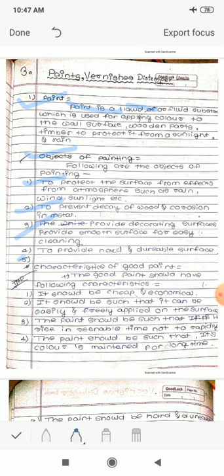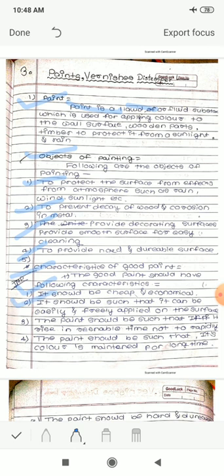Okay, and it will also provide the smooth, decorative and durable surface to the wall of the building. Next one, characteristics of the good paints. The first characteristic of a good paint is that it should be cheap and economical. It means the paint should be easily available in the market, and the initial cost of the paint should be less.